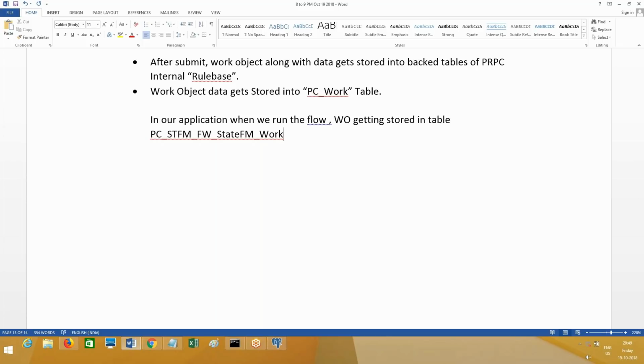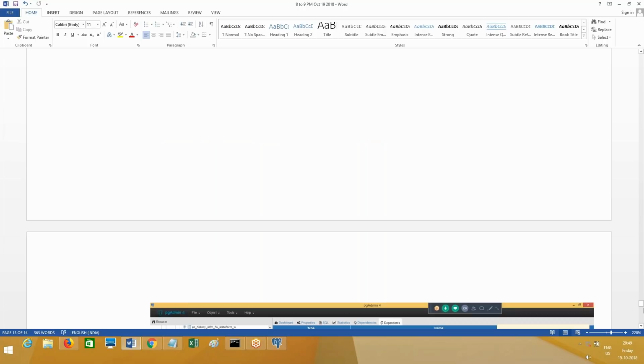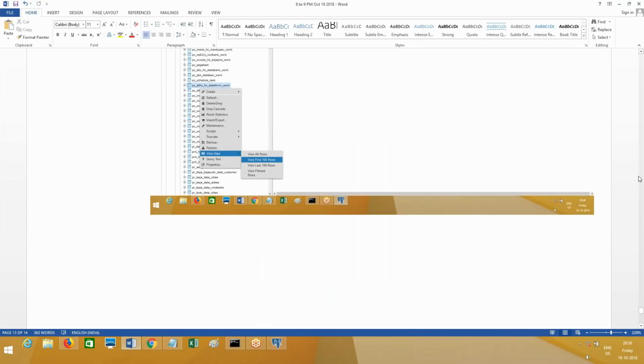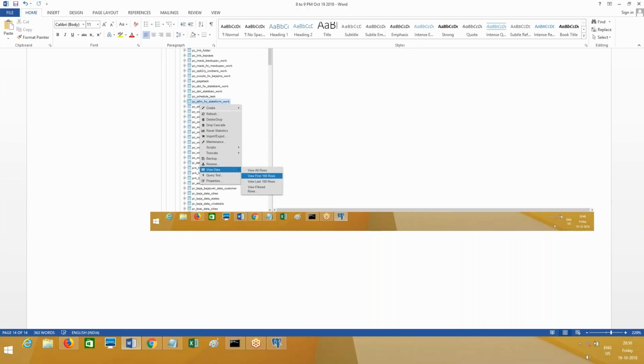Exactly, if you look at the table name in the back end, whatever framework class you have, the same name is the table name with a prefix of PC_, where hyphens have become underscores in table names. So this looks similar to the framework class group name, correct? Just for your information. This looks similar, so you can go back and easily identify the table name.